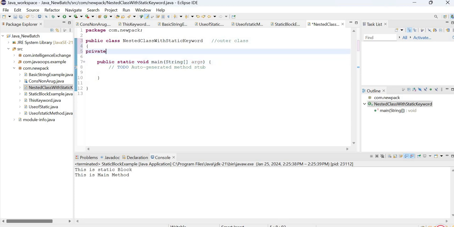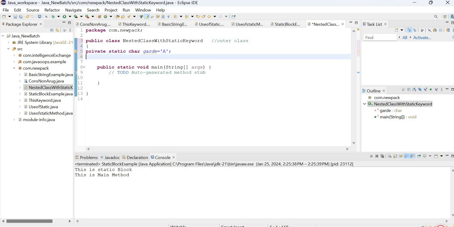Now I am going to use one variable, that is a static character, anything you can use. Suppose I have used grade is equal to 'A', a simple variable that I took here. It will come in single quotes, because I have used a character. Okay, now inside this I have used a static